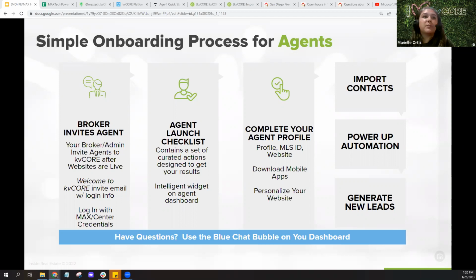So if you go check out your profile and you notice that there's something that doesn't look quite right, I will double check your Max Center to make those corrections. Additionally, that launch checklist is going to advise you to download those mobile apps. It's got tips on personalizing your website. Now, again, your website's ready to go out of the box, so no pressure to make a bunch of changes to your website if that's not an interest of yours, but there's a handy little step there to guide you